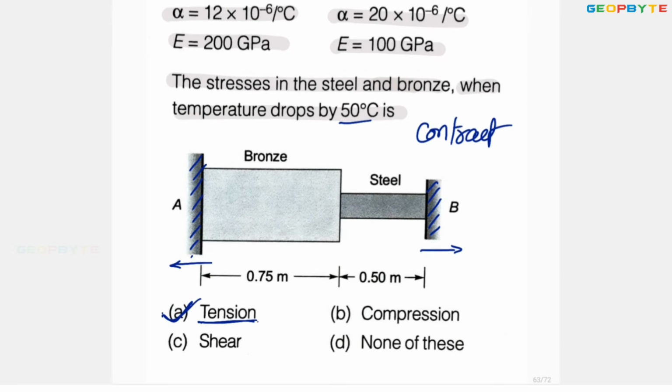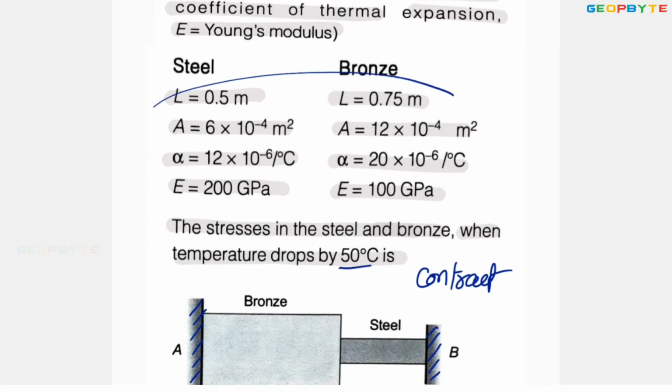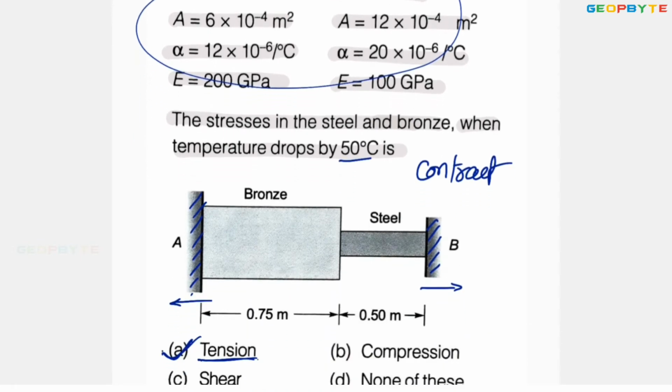Though some data is given, it comes under superfluous data. Nowhere do we use that data for deciding the stresses. But remember, my dear friends, if the temperature is increased in the bars, compressive stresses are developed. If the temperature is increasing, the bodies try to elongate, but the rigid supports oppose the elongation. Therefore, compressive stresses are developed if the temperature is increased in the same arrangement. I hope you got my point.